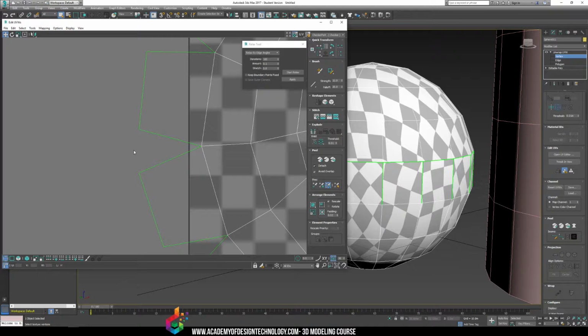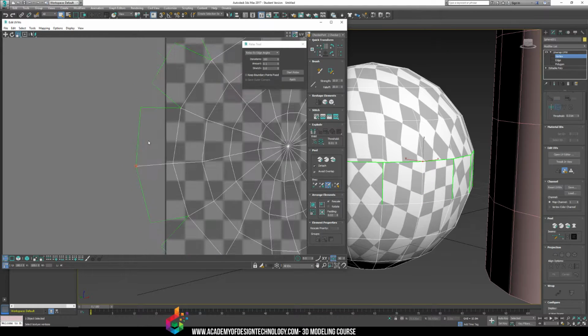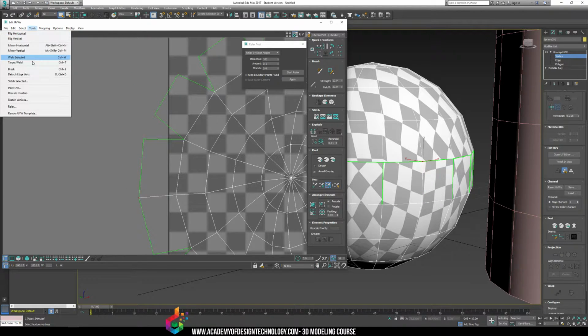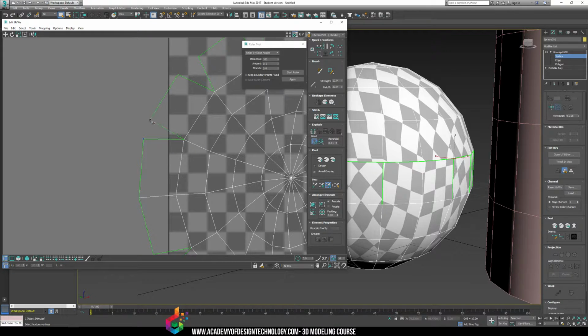Both these vertexes get selected, which tells me that this is one vertex, but in my 2D space, it's actually considering it two different vertexes. So what I want to do is weld those together. Now I can either go to Control W, scale them in really close, and Control W to weld, or I can just go to Tools, Target Weld, left click and drag on one of them to the other one,